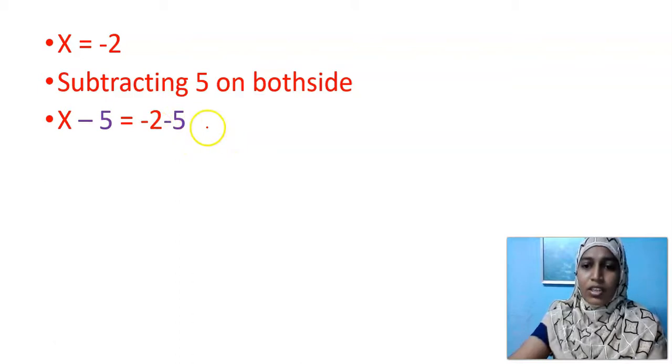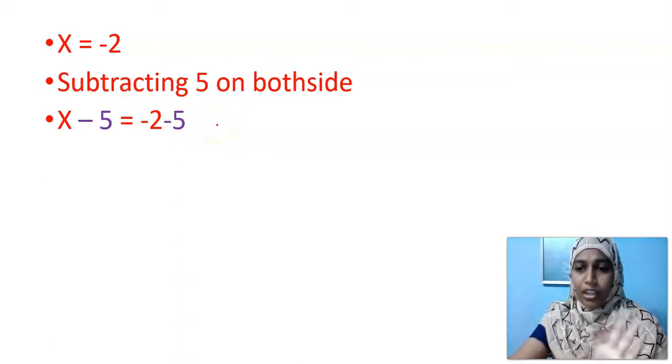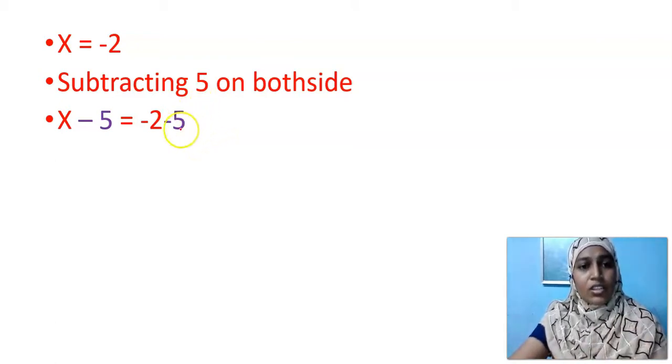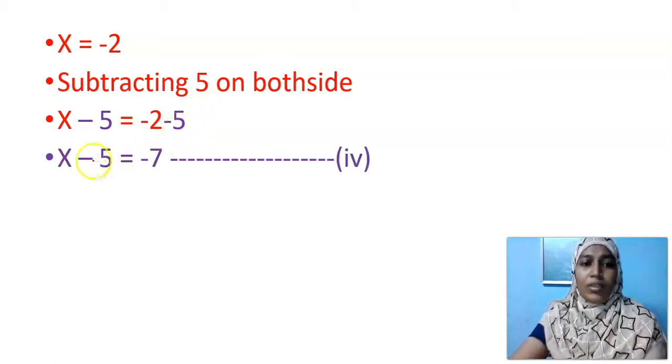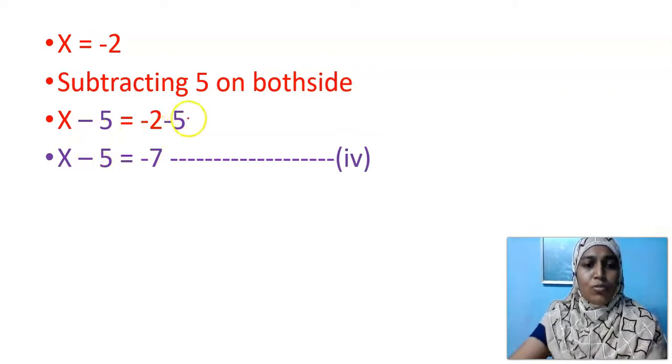And this is one equation, and let it be a fourth equation because already I have made 3 equations in the previous slide. So this is my fourth equation: x minus 5, minus 2 minus 5 is minus 7. Same sign, and therefore I got minus 7. It is not magic, my dear children. Just have a flow. Okay, x minus 5 is equal to minus 7.